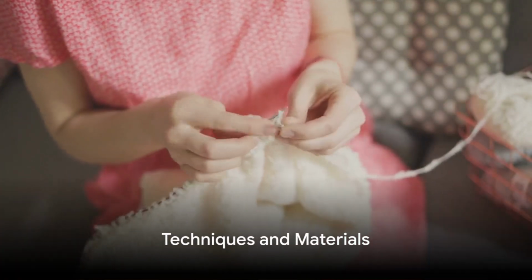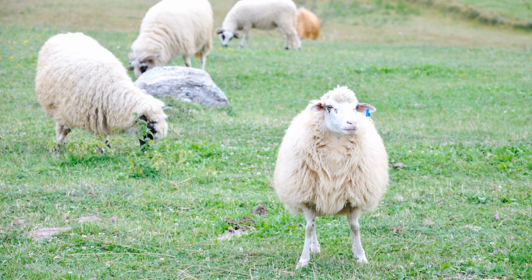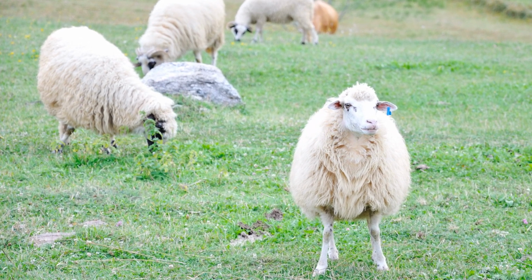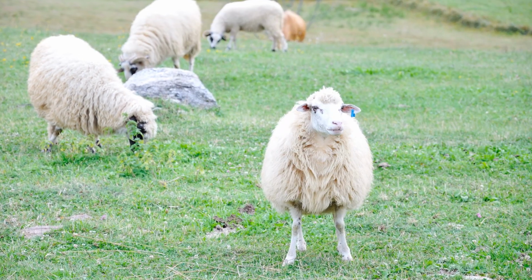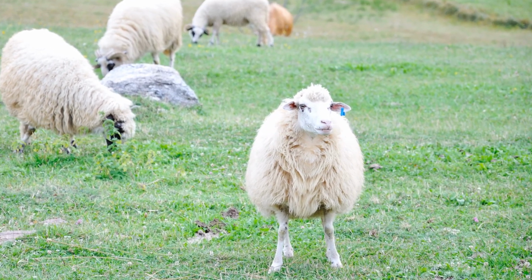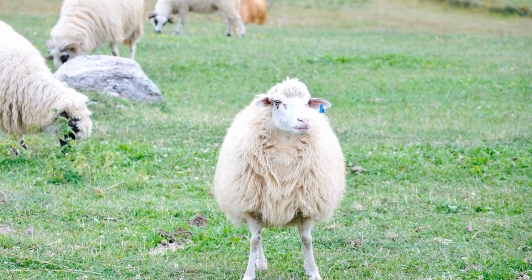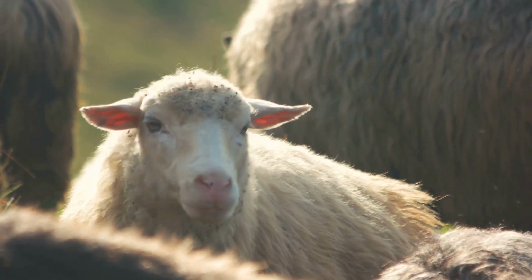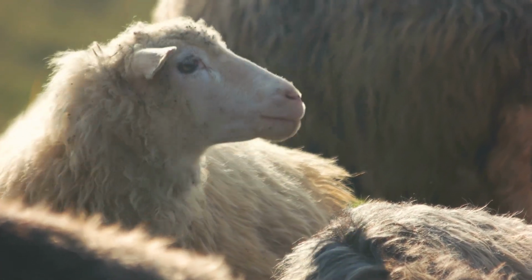The magic of Norwegian knitting lies in its techniques and materials. The beauty and complexity of Norwegian knitting are brought to life through a combination of traditional techniques and high-quality materials. The cornerstone of this craft is the wool yarn, often sourced from a local breed known as the Norwegian white sheep. This wool is prized for its warmth, durability, and natural beauty, making it perfect for creating everything from cozy